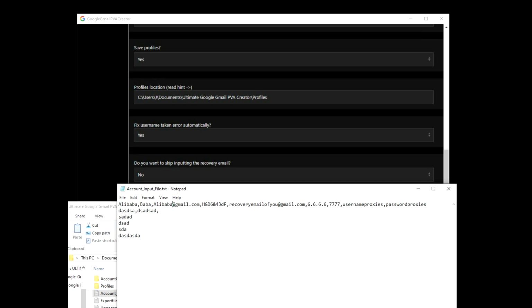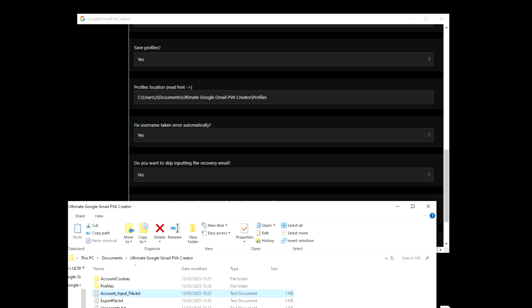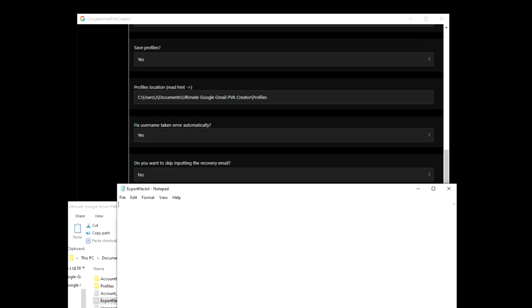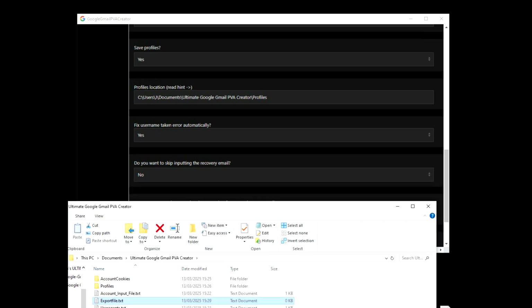Now, you might be scared, like, oh no, but I don't know this anymore then. Not to worry, the new Gmail will be in the export file. So here it is, for example, Alibaba, like that, okay? So it will become that Gmail, and you will know that. I would really recommend putting this in. You may think, oh, these usernames are not taken, or these Gmails are not taken, but there's always a chance,